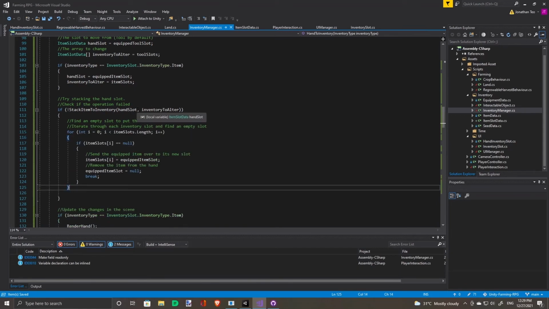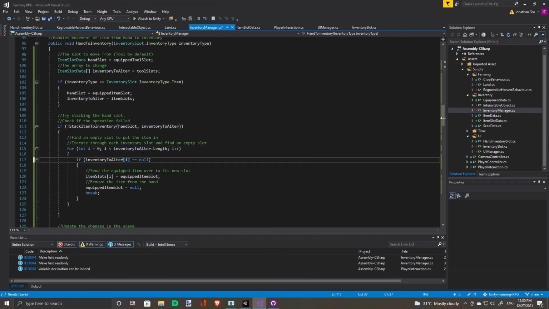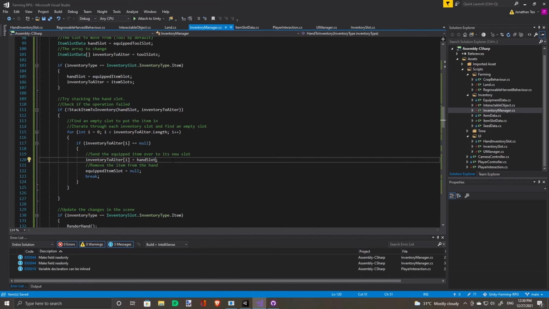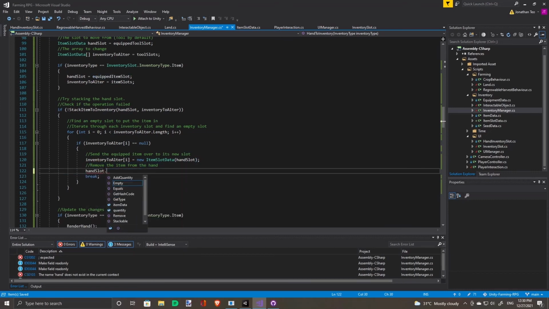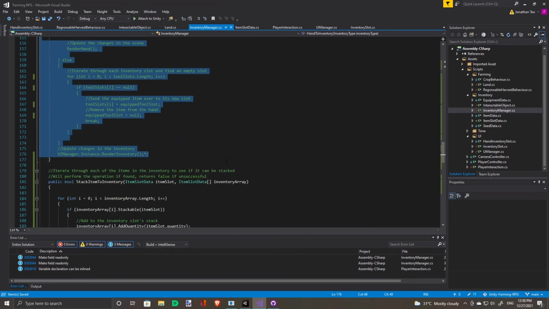Switch up the variable names to be the ones that we're using. So if we can find an empty slot, set it to a clone of the hand slot. And instead of setting it to null, we have to call the empty function. There. Don't need any of this.